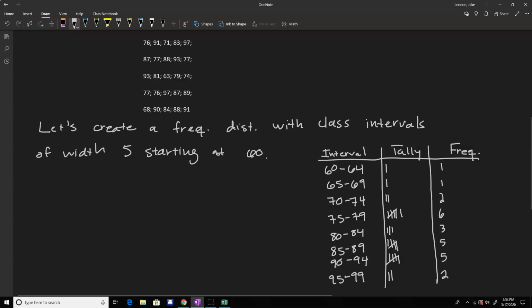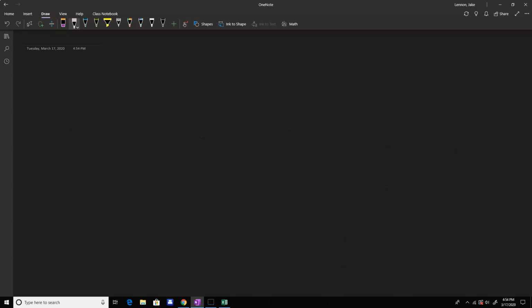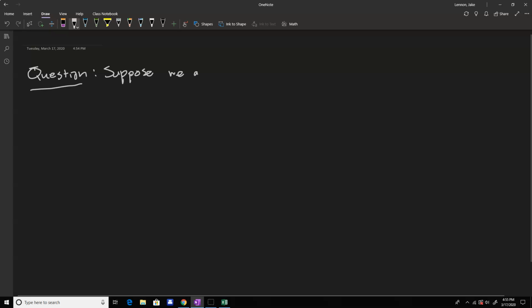They ask a number of questions too. So here's when we're interpreting these things, what other things can possibly arise? Well, let's look at what if we're just given a frequency distribution. So here's a question actually to start, something to think about. Suppose we are given a frequency distribution